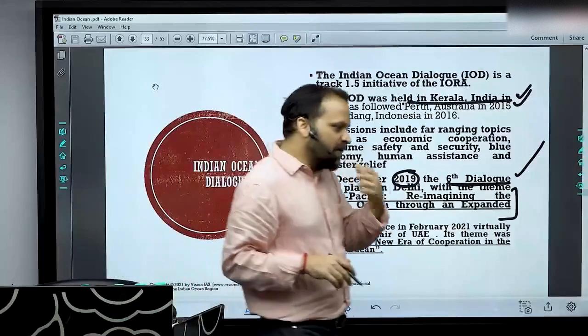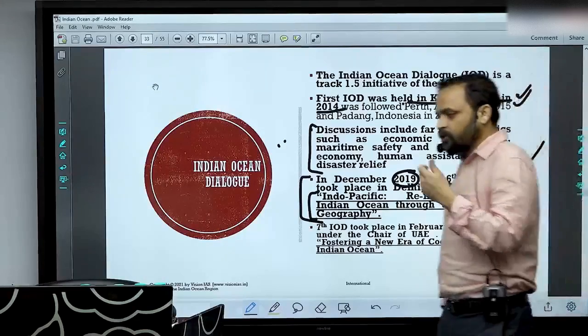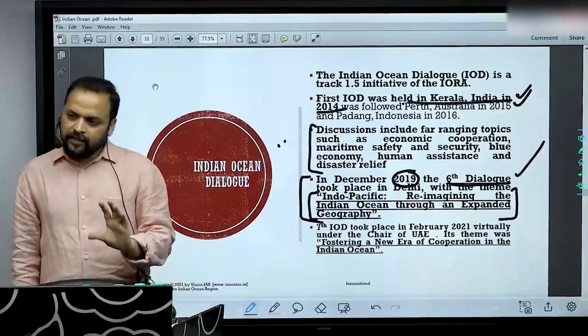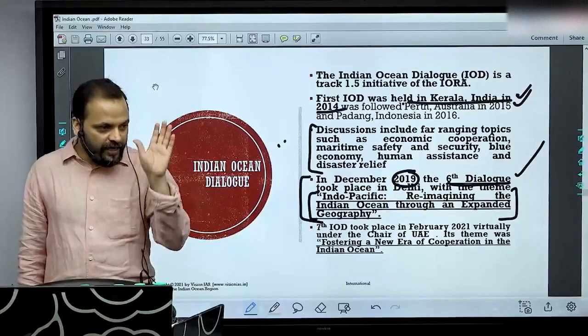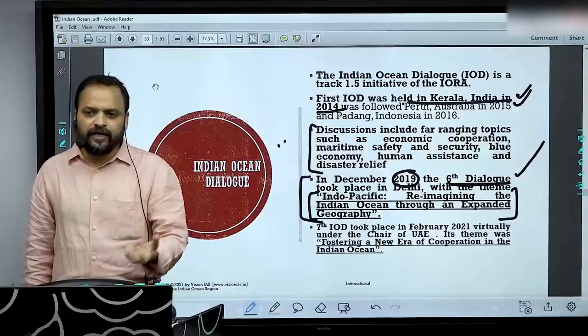Meaning even at IORA we are talking about certain aspects of foreign policy, certain aspects of interest which go beyond the Indian Ocean. So Indo-Pacific, reimagining the Indian Ocean through an expanded geography. That was the theme. At one level, it gives you a broader idea of what is happening at the Indian Ocean Dialogue. Generation of ideas. We are talking about